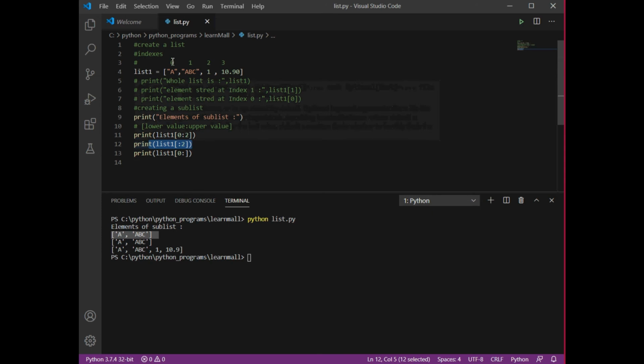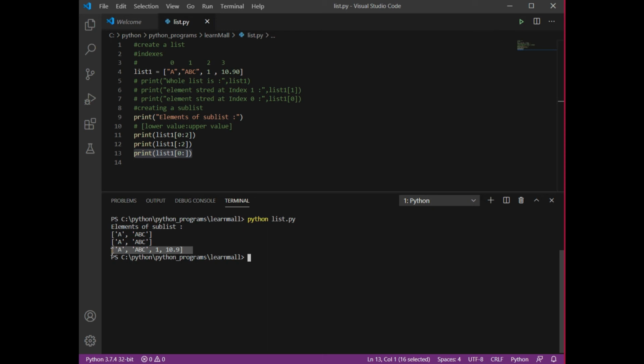That is why it has displayed A, B, C, because it knows the end, but it doesn't know the start. But in this line, I have given the start, but I have not given the end. So again, my interpreter doesn't have any brain, and it will display everything till the end of your list. That is why it has given me all the values inside the list.